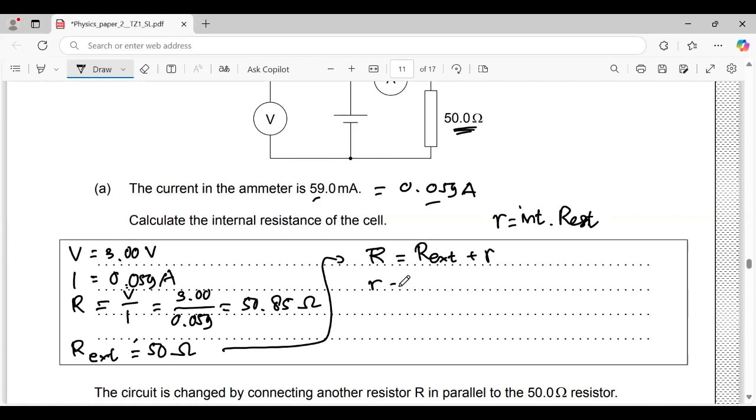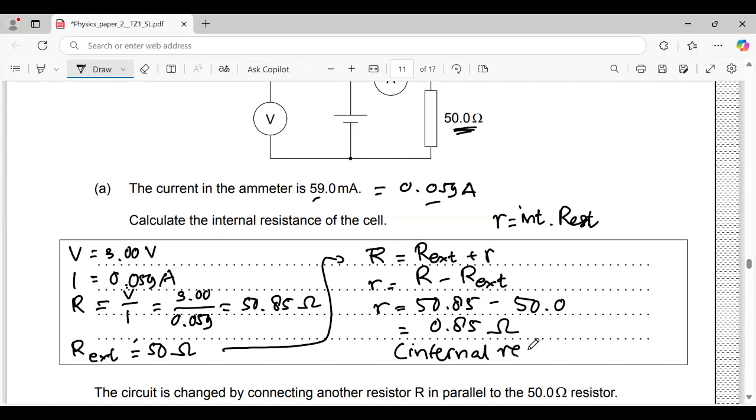So it means internal resistance equals total resistance minus external resistance, or 50.85 minus 50.0. And this is 0.85 ohms. So the internal resistance is this one, 0.85. Next,